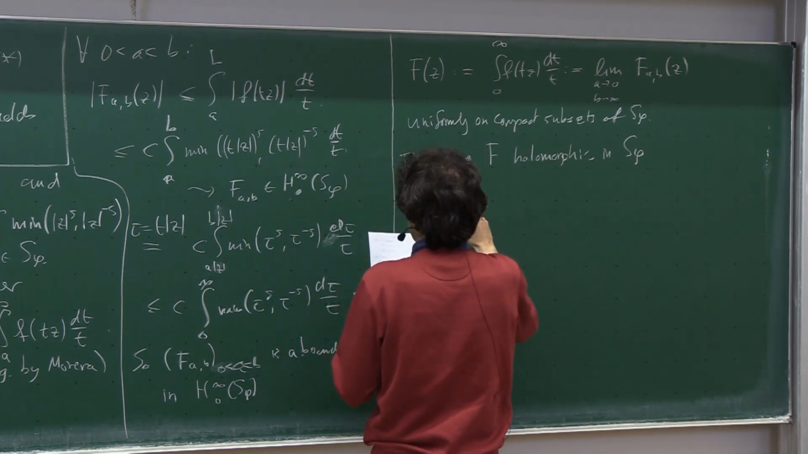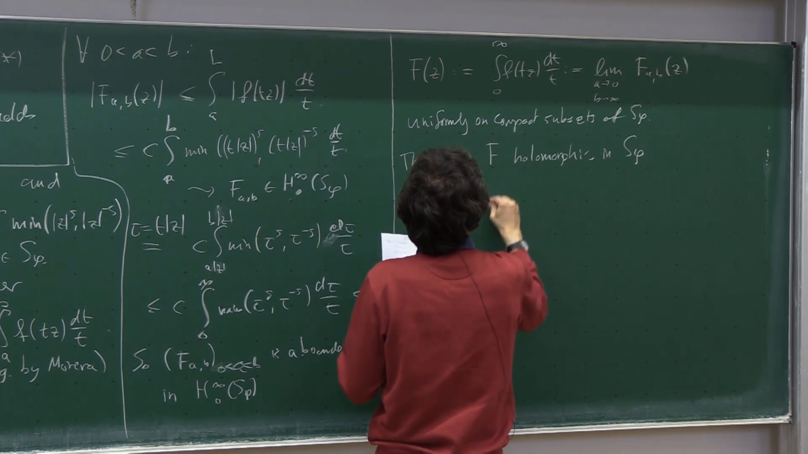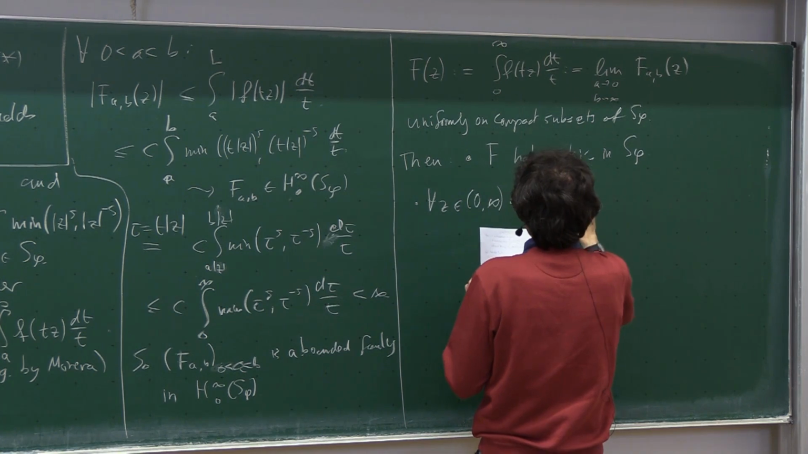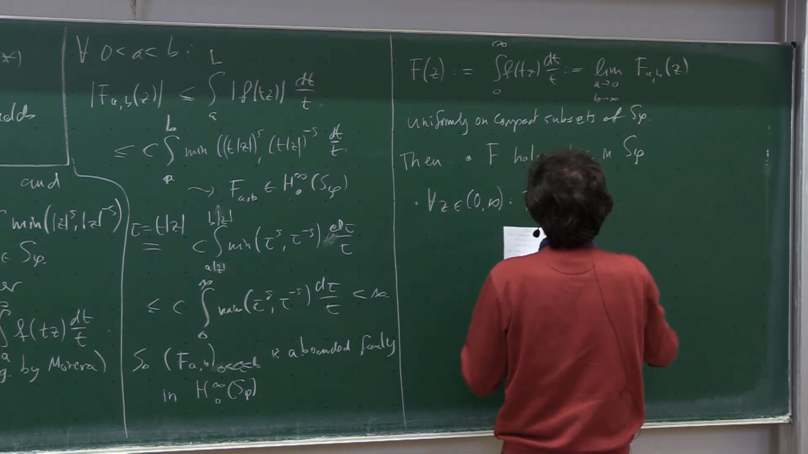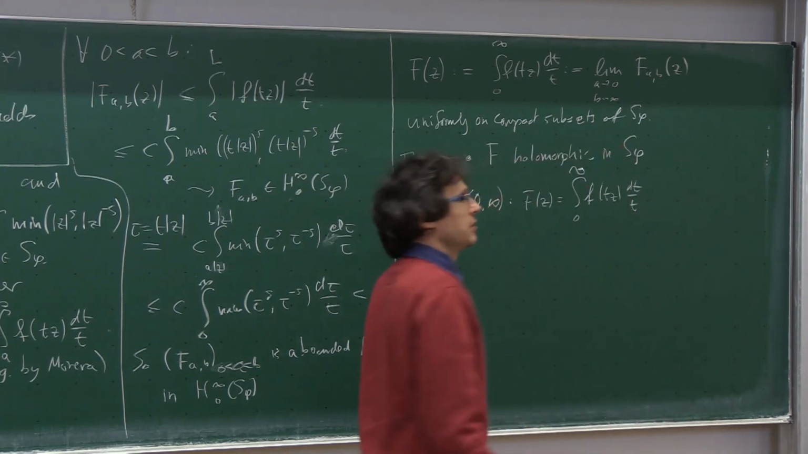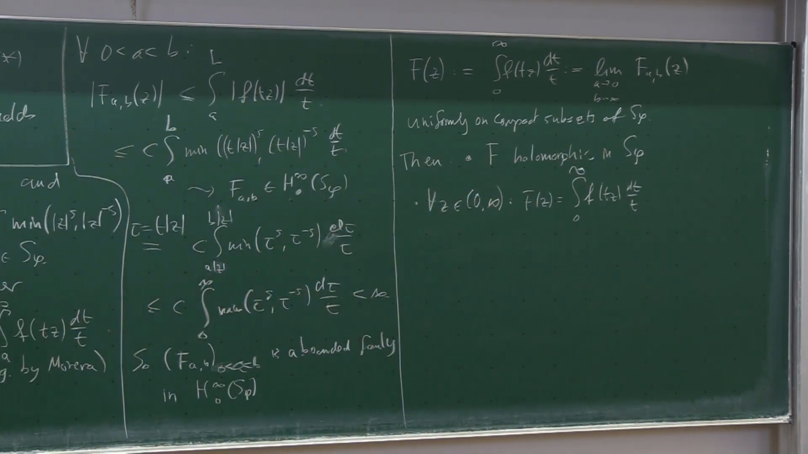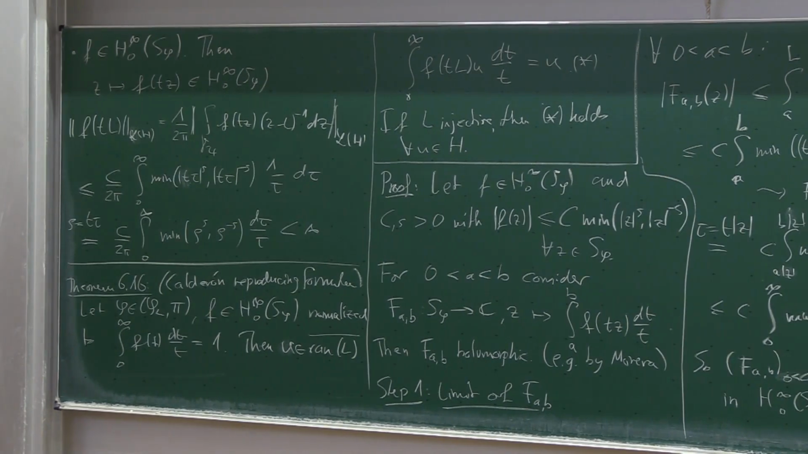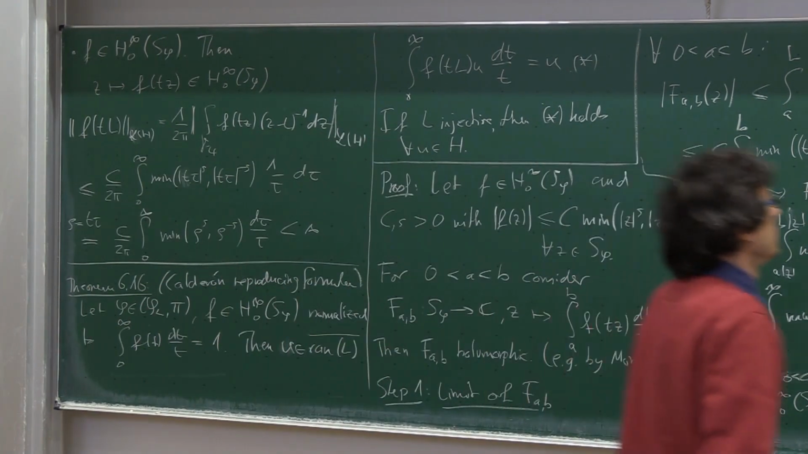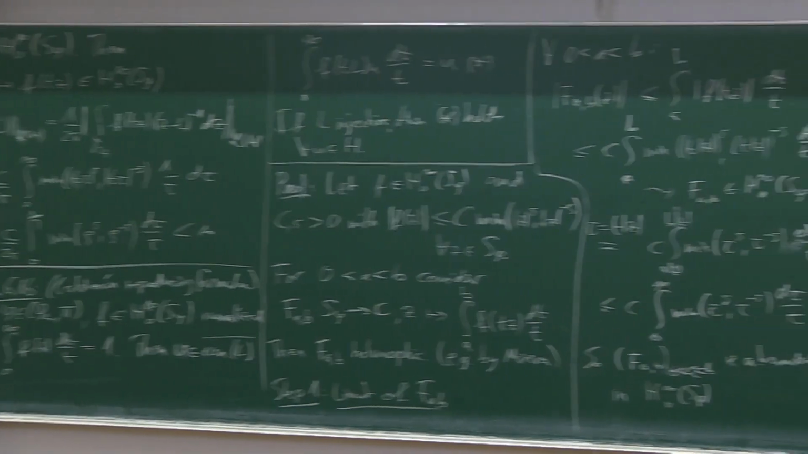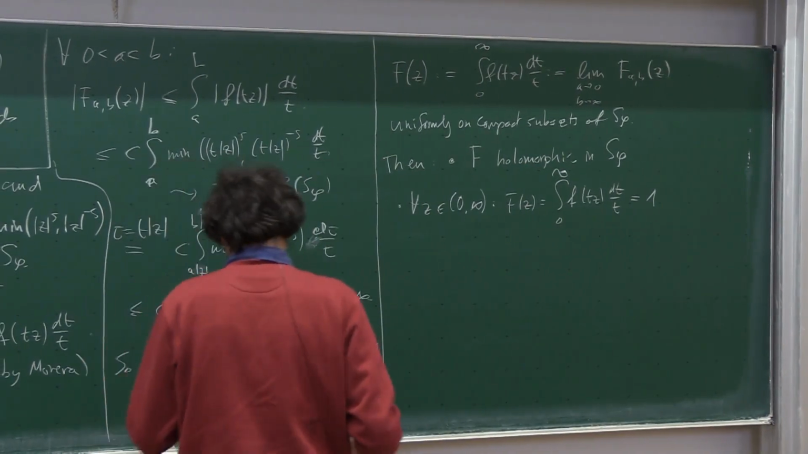Then let's calculate what this F does on the real line. On the real line, F of z is the integral from 0 to infinity of f(tz) dt over t. It's the limit a going to 0, b going to infinity. But this limit exists, so it's this value, and we know this value because we fixed it in the beginning. It's 1. So on the real line,